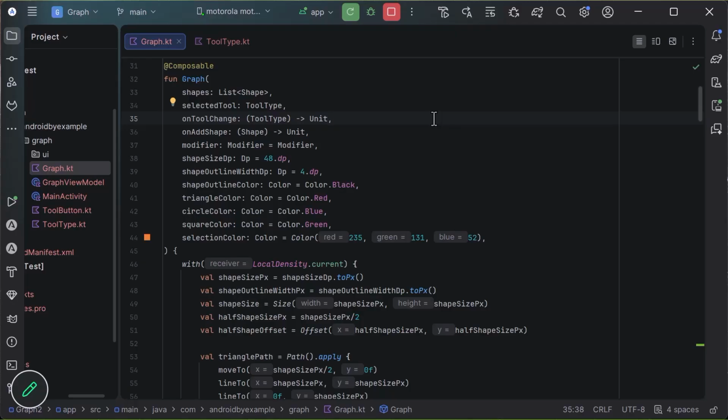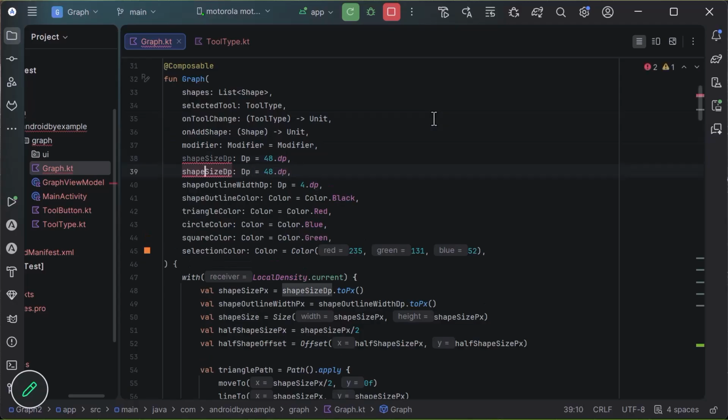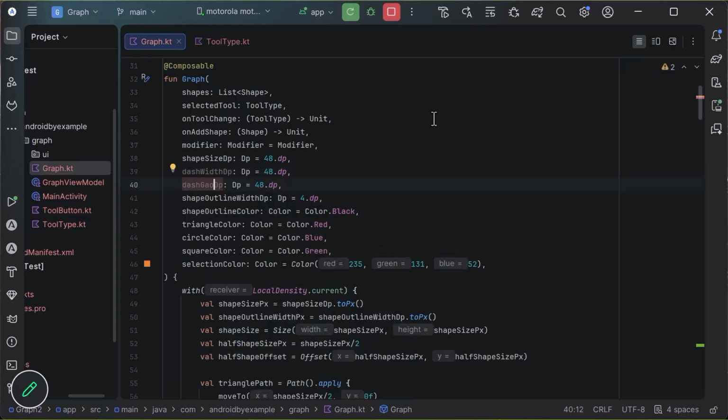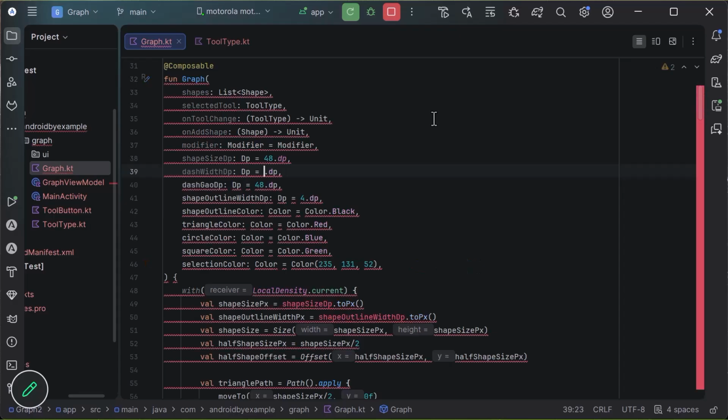You just have to define, in that case, the dash width, gap width, the dot width, the gap width, and then it repeats. What we're going to do is just use a dash and a gap. So it's just going to be a very simple way of representing it. So we need to have inside of one of the parameters passed in here, let's say instead of shape size dp, we'll say dash width dp and dash gap dp. And let's make the width be 6 and the gap be 3,